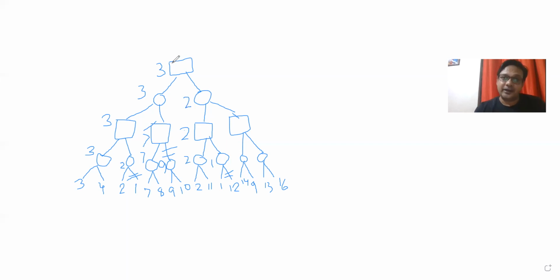So here it is 3 and it is 2. This is the max value, which is 3, and the min value is 2. If the value is less than 2, there will be a change here in the min value, but in the max value there will be no change. So I can discard it. If its value is greater than 2, there will be no change in the min value. If there is no change, there will be no change in the max value here. So this edge can also be discarded.